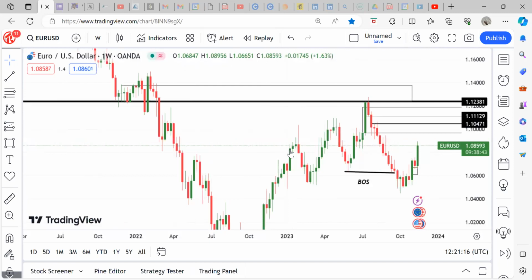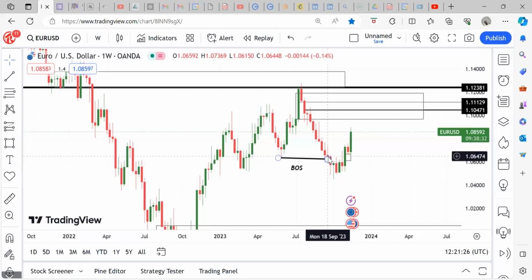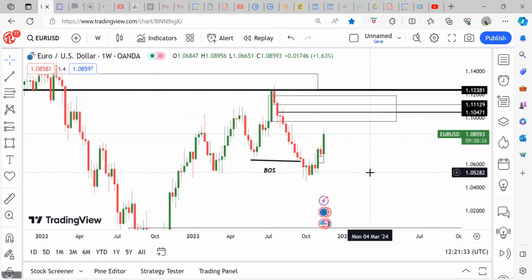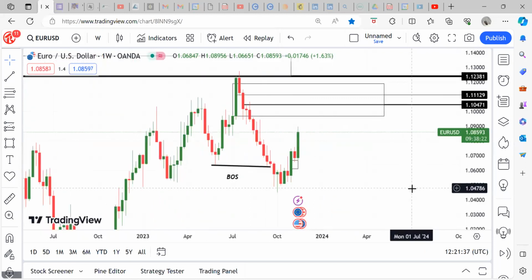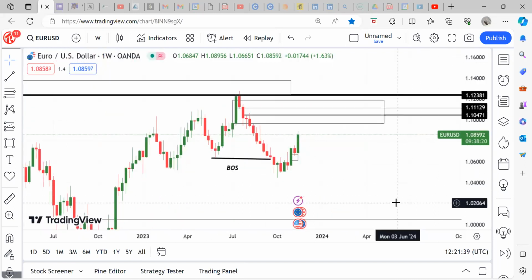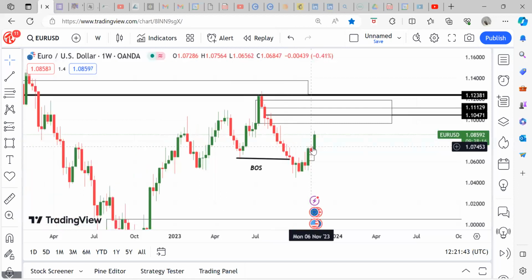There was a break of structure, right? You can see this BOS, it signifies a break of structure. You can see this was the low, it broke this low. Now, what I said in the last episode, can someone tell me what I said in the last episode on what Euro USD was going to do? Quick one, please. Someone just volunteer, talk, and we continue. You don't have enough time. What did I say? If you followed the last session,